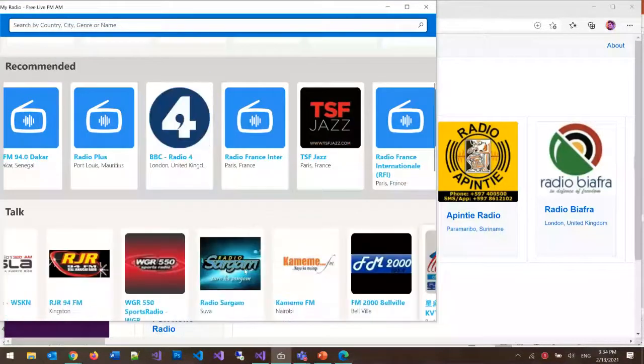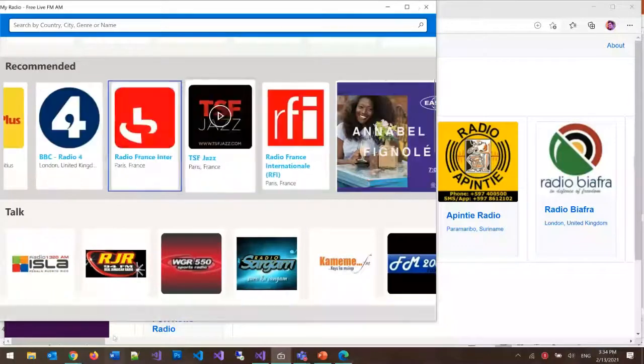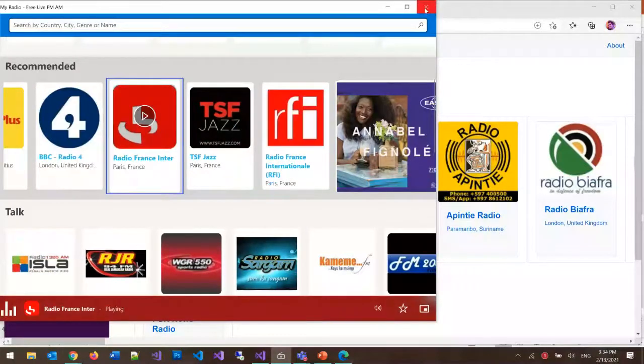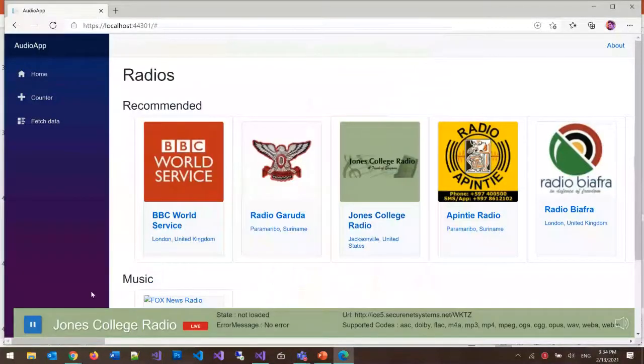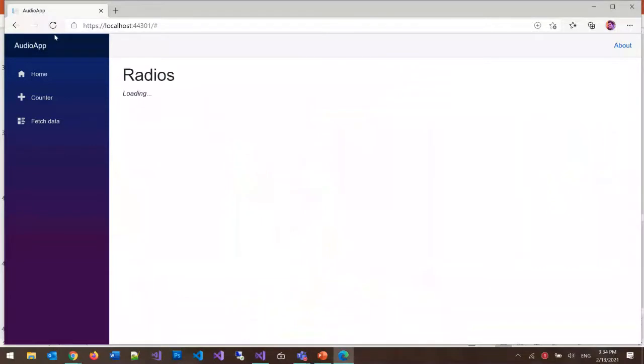And when you click, it also loads different audio at the bottom. Here I've got more or less the same thing. So as you can see, it's really a work in progress. It's not at all production ready, but hopefully once Microsoft finalizes all of the different little issues that they have with